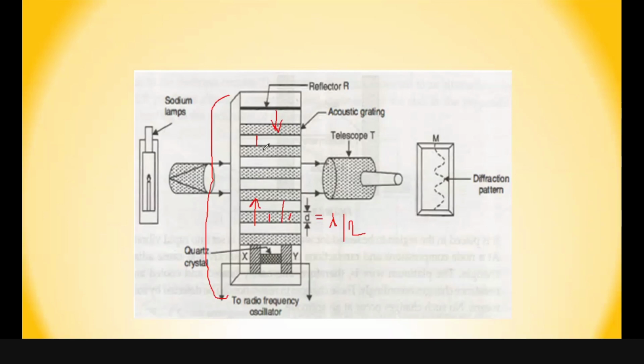Where there is a destructive interference, compression will happen, right? Particles will be very near to each other. So a specific kind of sequence will be formed inside this liquid column, right? Now, once I get this standing wave pattern, I will take a monochromatic light source like a sodium lamp, allow